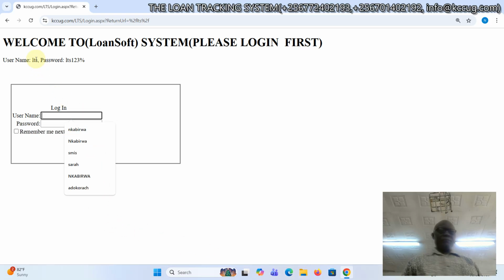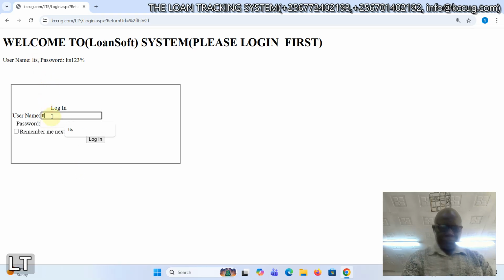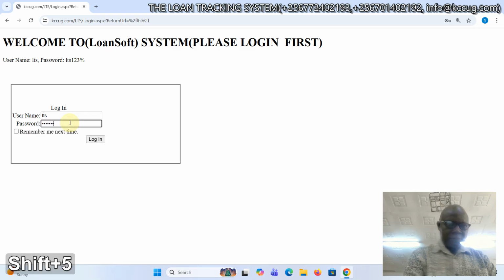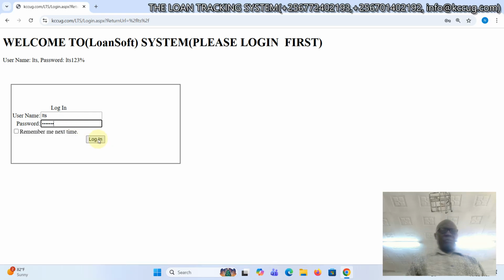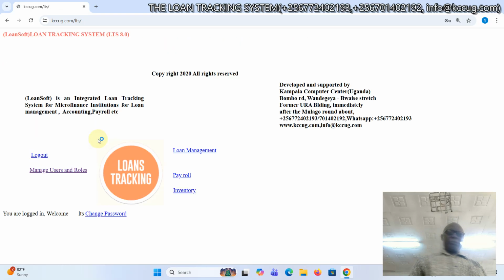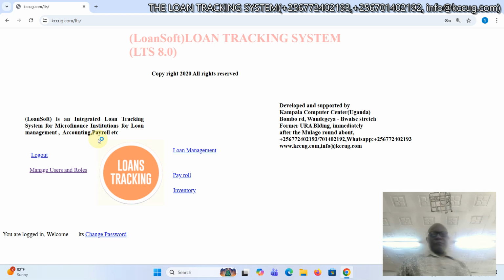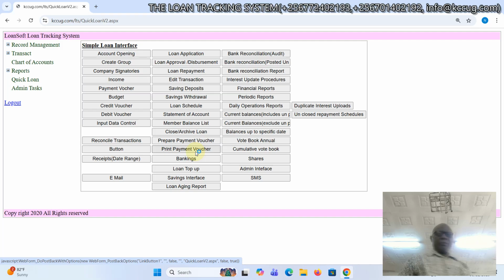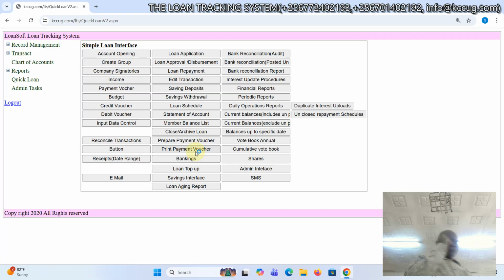Username is LTS. Password LTS 3%. Tap on login. Click on loan management. So yesterday